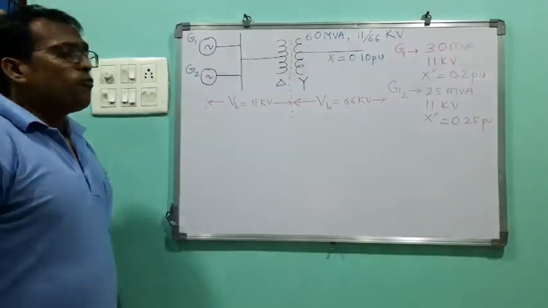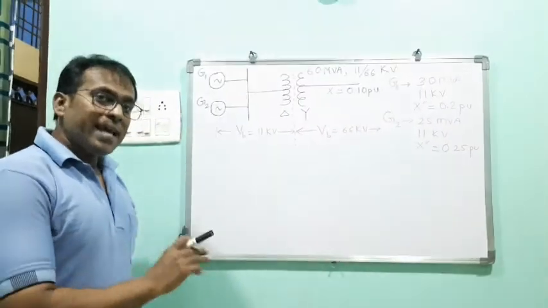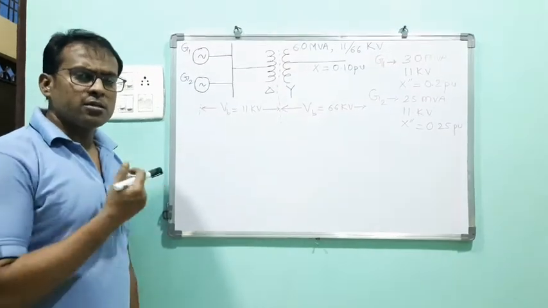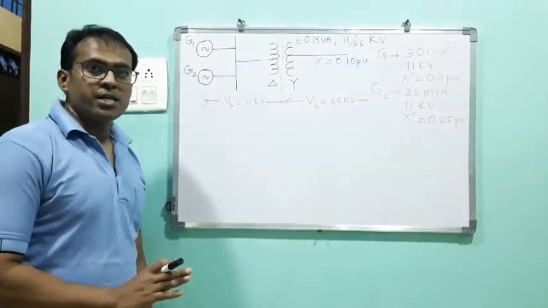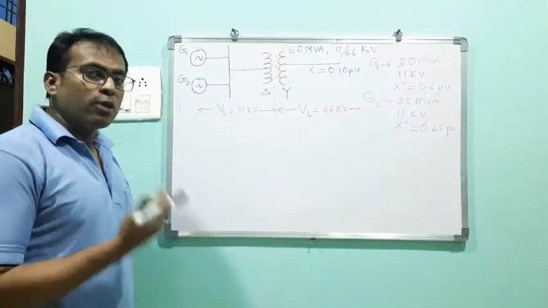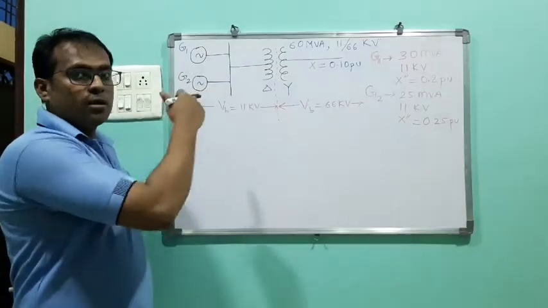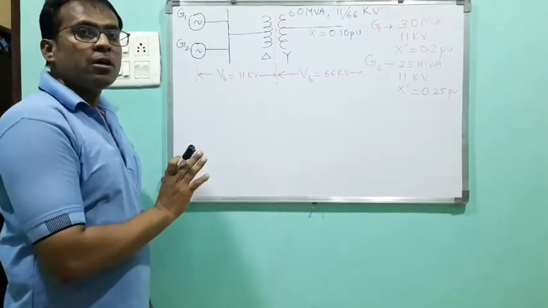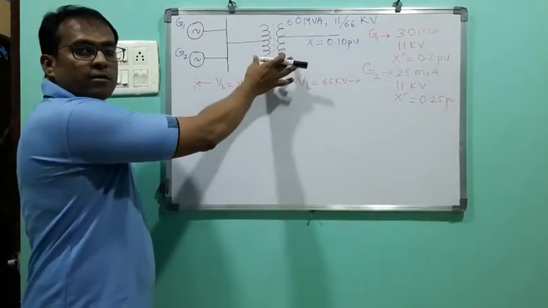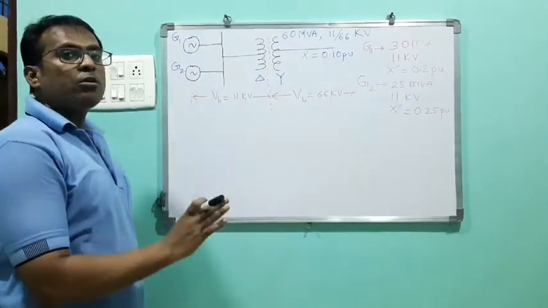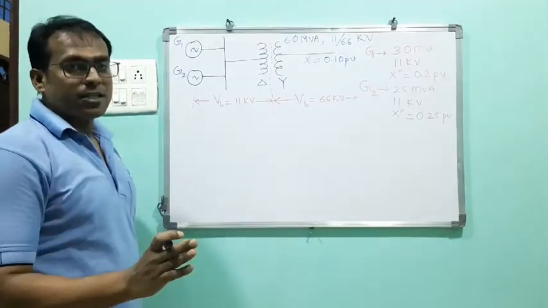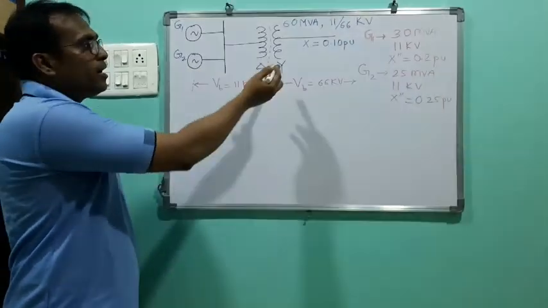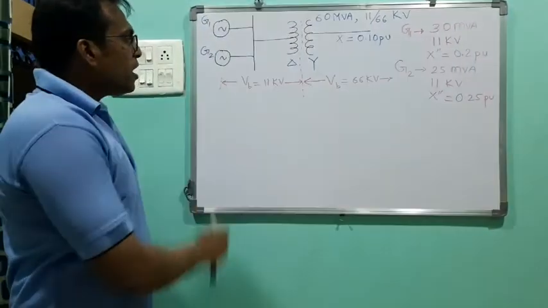Okay, now what do you have to do first of all? The aim of this question is that you have to draw the reactance diagram. Basically, in such types of numericals, you have to find the reactance diagram. For that, you have to calculate the reactance of each element, that means G1, G2 and transformer. Three elements are given: one is G1, another is G2, and the third one is the transformer. So you have to find the new reactance of G1, G2 and transformer. So we will start with the sections.